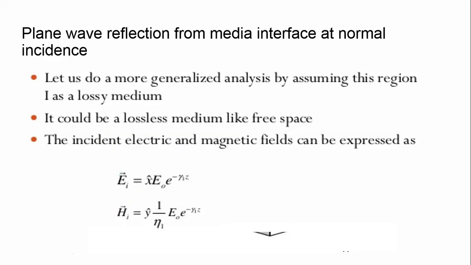If I am talking about the lossless medium, it means that I am talking about the free space. Okay, if a lossy medium is there, then in the other case you need to take care about the regions, region 1 and 2. So while you are talking about these terms, that is nothing but the lossless medium. So at that time, again, how you can write the expression for the EI, that is nothing but the incident electric field, as well as the HI, that is the incident magnetic field.